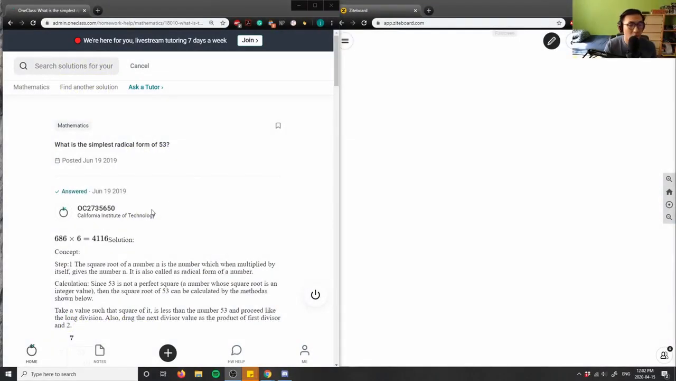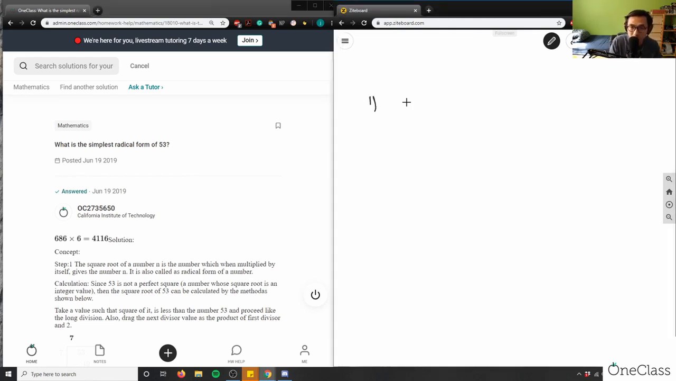This question here says, what is the simplest radical form of 53? So simplest radical form, I think, is the square root of 53 they want to say, or I think it just means 53. Let me just assume 53 here. So it says, what is the simplest form or radical form